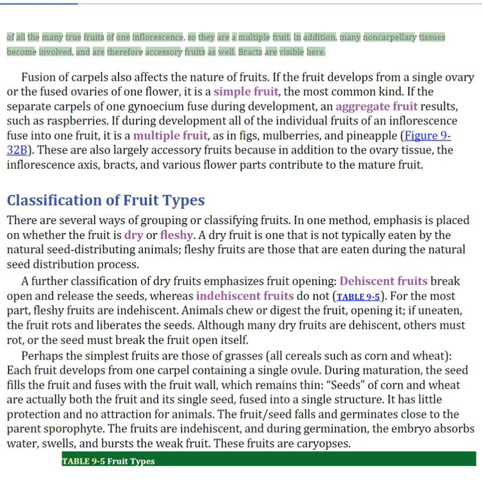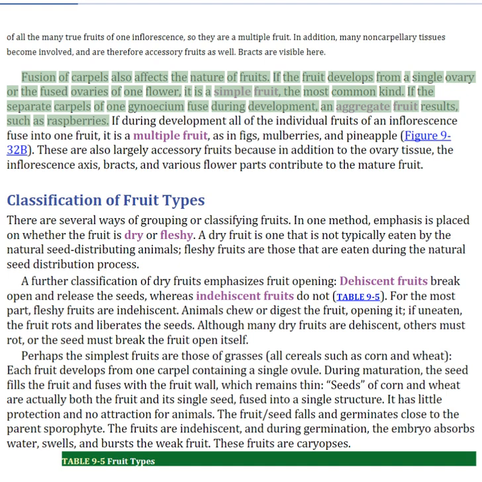In addition, many non-carpellary tissues become involved, and are therefore accessory fruits as well. Bracts are visible here. Fusion of carpels also affects the nature of fruits. If the fruit develops from a single ovary or the fused ovaries of one flower, it is a simple fruit, the most common kind. If the separate carpels of one gynoecium fuse during development, an aggregate fruit results, such as